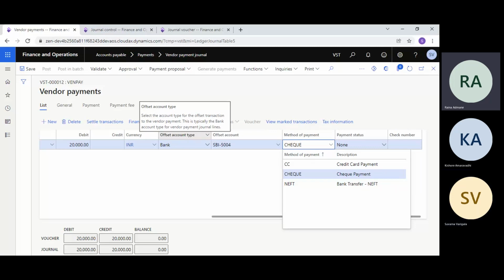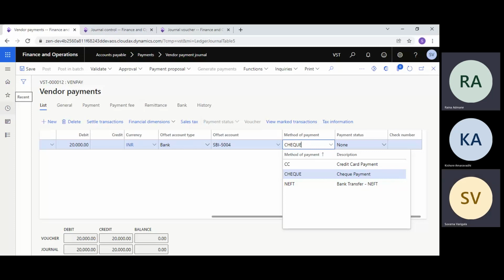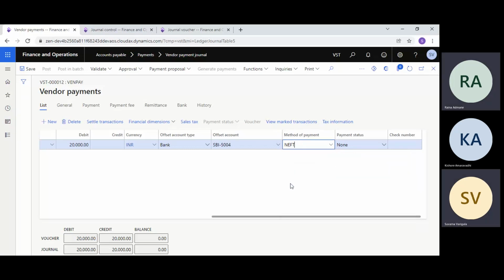Okay. Because sometimes with a DD account or a cash credit account, we can withdraw the amount. We have that facility. So that's why the system has not given that restriction. So it will go ahead and post the entry. Now you have settled the invoice. You have selected the method of payment as check. No, it is automatic.